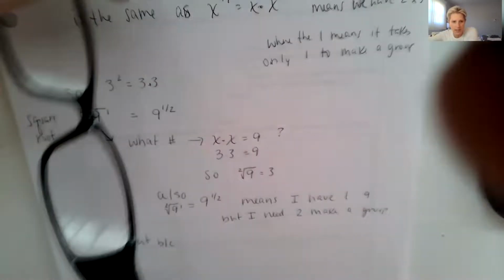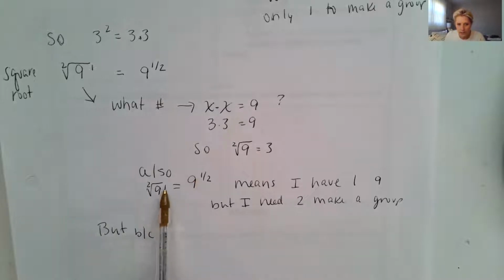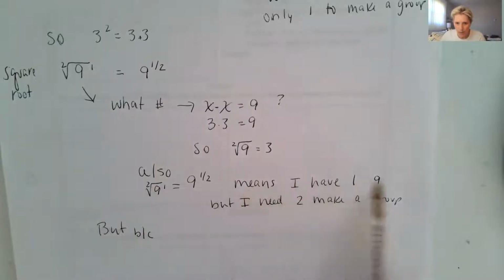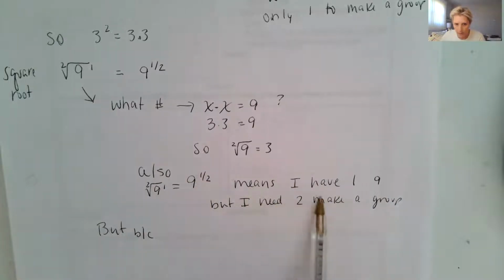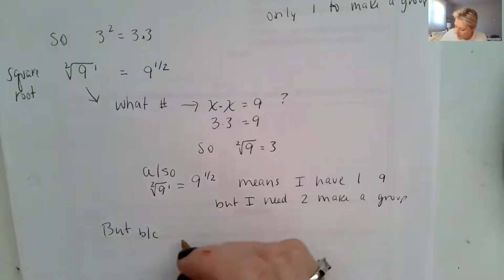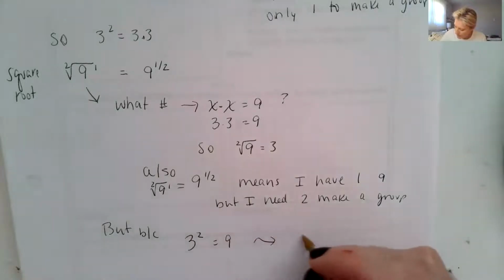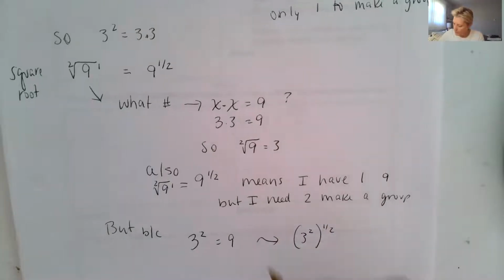Going back to my group thinking, we can also say that the square root of 9 is the same as 9 to the 1/2. Notice the exponent on the inside is the numerator of the rational exponent, and the root is your denominator. I'm going to keep bringing this up. This means that I have 1 nine, but I need 2 to make a group. But because we know that 3 squared makes 9, we can say 3 squared to the 1/2. That's our square root of 9,